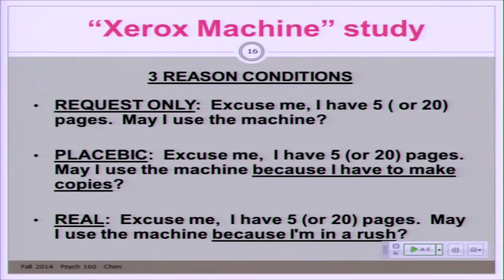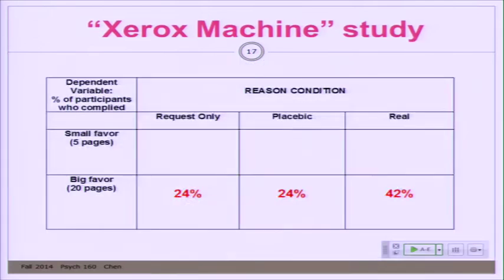Here's the idea here. Remember our 6 conditions. The idea is that in the big favor condition, participants should be thinking to themselves, okay, this is a big deal that's being asked of me. This is not a time to rely on automatic existing scripts or schemas about what you do when somebody asks you a favor. This is a big deal. I better pay attention, and I'm going to think in a mindful way about this request that's being made of me. And they infer that this, in fact, did occur by the percentage of people that complied in the different conditions.